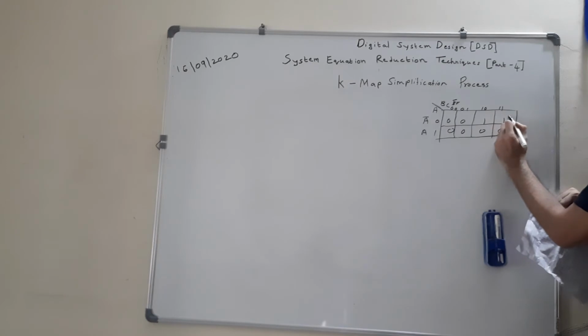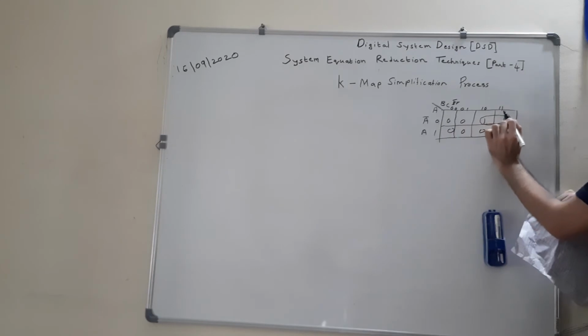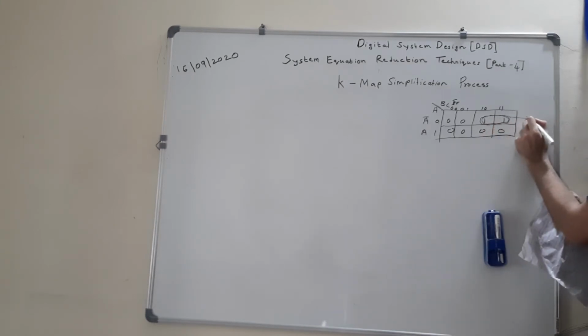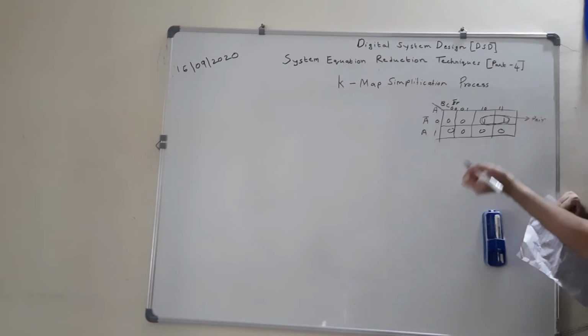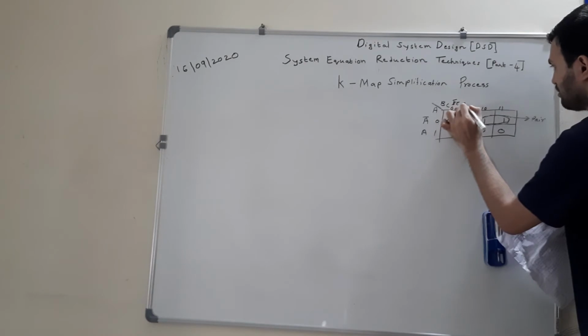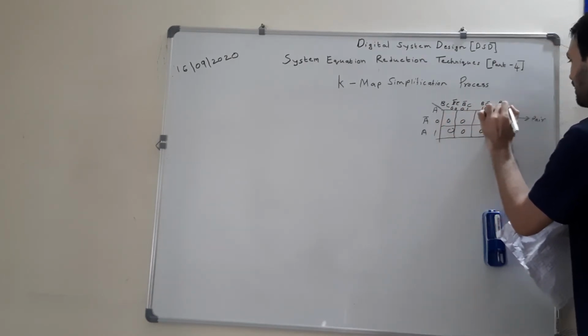So when we group it as a pair, now this particular grouping, because there are 2 ones present in adjacent cells. How adjacent? Check it, 0 1 0 and this is 0 1 1. So only one input bit is changing, that's why they are adjacent, and that's why we can form a group over here. So this is a pair. Now read this particular expression. I will write the labeling over here. So this is B bar C, BC bar, and this is again BC.